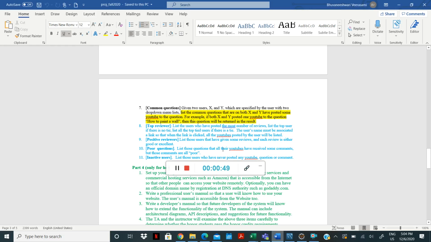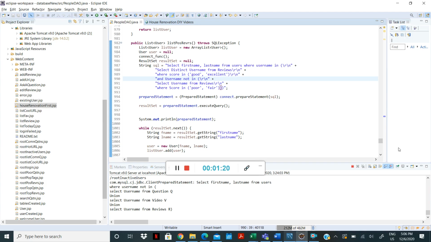And poor questions is like, list those questions whose URLs have received some comments, but those comments are all poor. So the questions that have all poor comments, not even a single fair or good or excellent, need to be fetched in here. How this is done is,